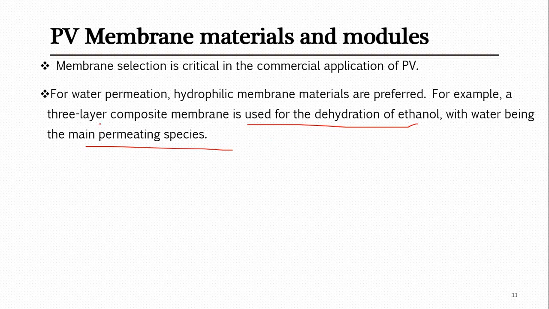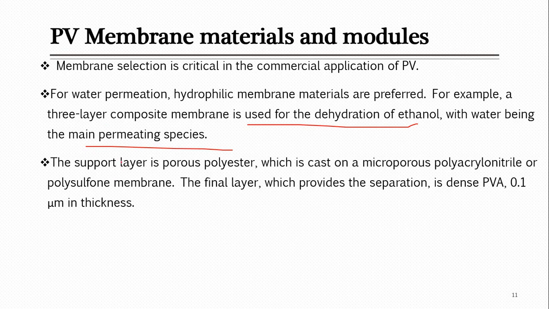This is an asymmetric membrane which consists of 3 layers, and of those 3 layers, definitely one will be the active layer and the others will be supporting layers. So let's look at what materials are used here. The support layer is porous polyester. It is made of polyester, but it is porous. When it is porous, definitely this will be the support layer, which is cast on, which is fixed on the microporous